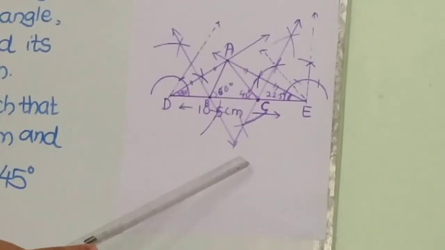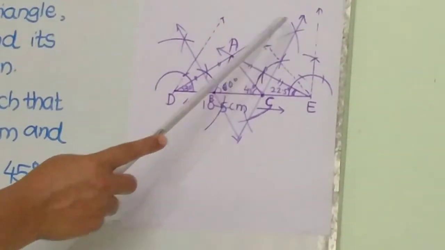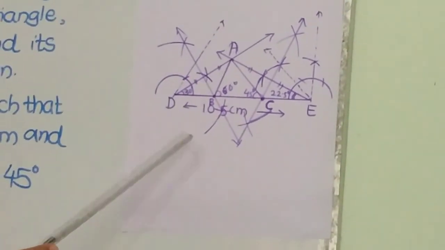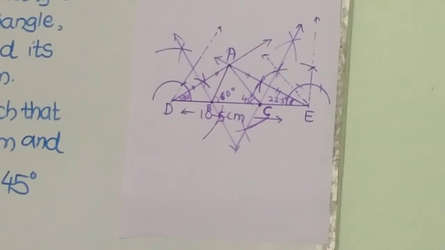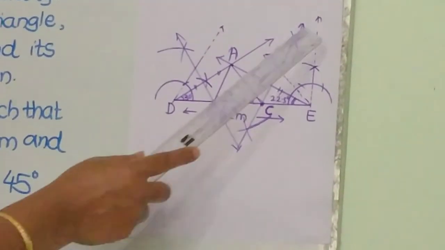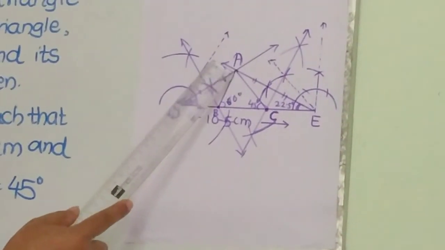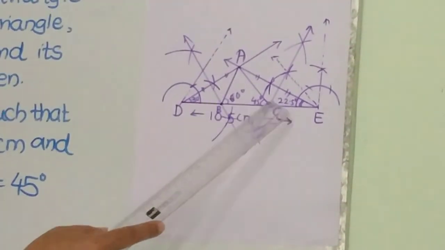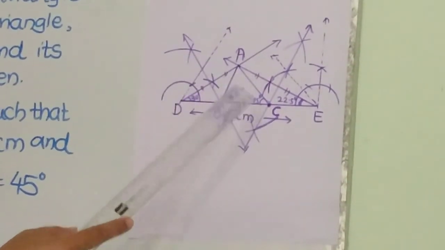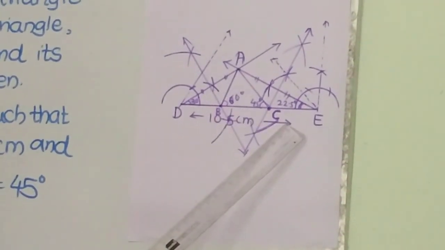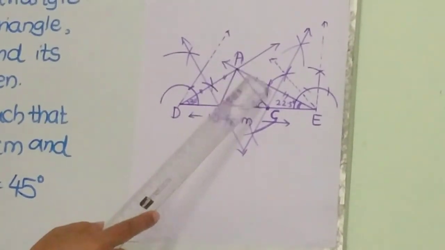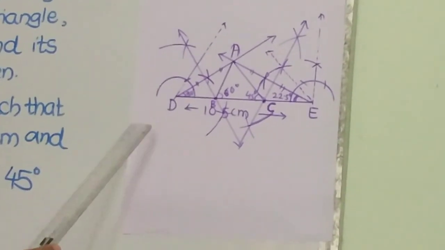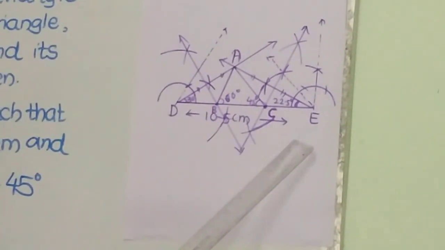So we draw the perpendicular bisector of AD. For the perpendicular bisector we take more than half in our compass and mark the arc. So here we draw this ray, and this ray is the perpendicular bisector of AE. Now where they meet, those are the required vertices of the triangle, that is B and C, then join AB and AC. In this way we can construct the triangle when its perimeter and base angles are given.